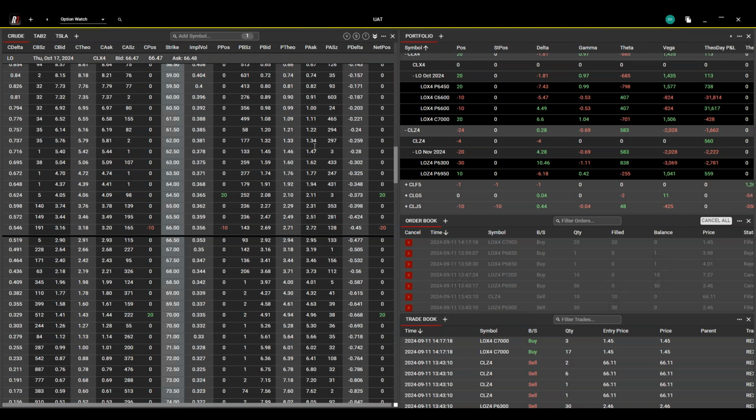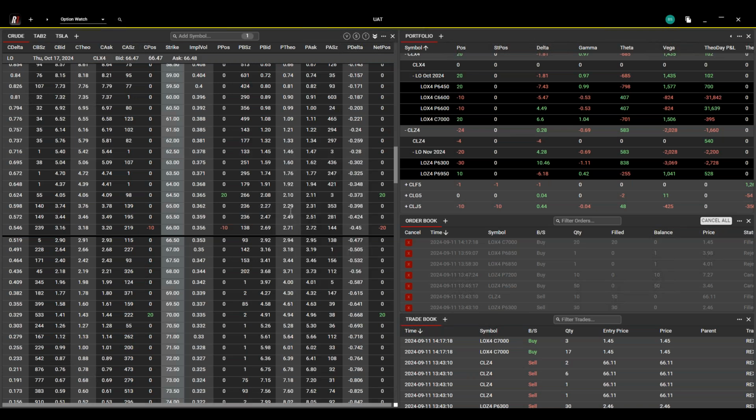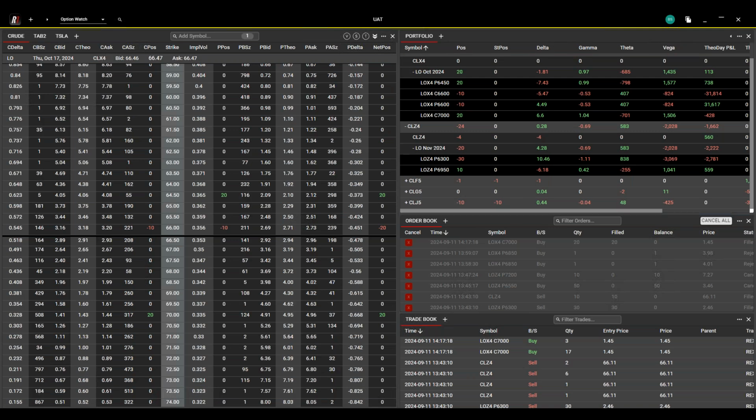All right, basic option execution, easy enough. The order ticket should be self-explanatory. I will get into some more advanced order types down the line a bit. What I want to move on to here, though, is spread building and some more advanced features of the option chain. So the first thing I want to do is take a look at the spreads for